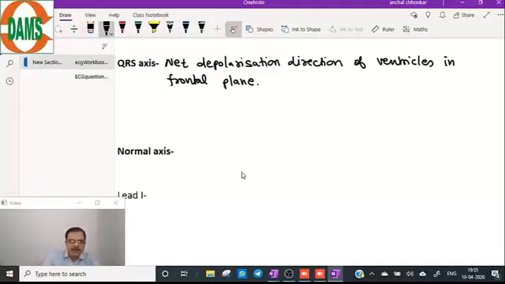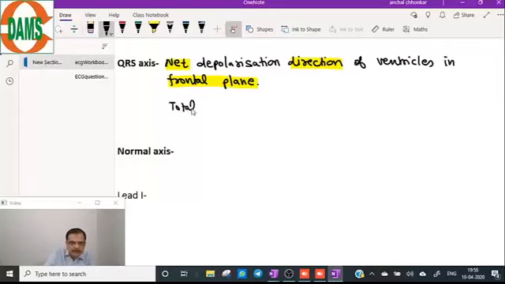So the meaning of QRS axis is basically the net depolarization direction of ventricles in a frontal plane, and the frontal plane is made by limb leads. So we will focus on the limb leads. Before how to calculate those axes, we should know a basic concept of electrophysiology, and the electrophysiology principle says that